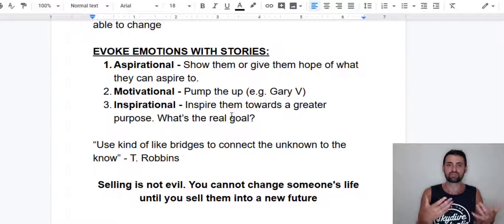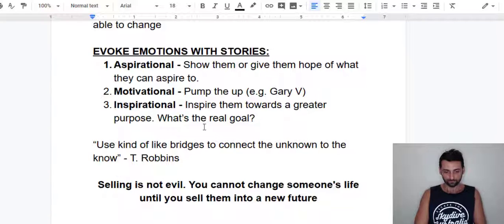Is it more to do with their family? Is it more to do with having freedom and being able to have a greater impact on the world, or creating inspiration within your content, or getting them thinking more about that side of things rather than the tangible goal they're aiming towards? Get them thinking about what's actually inspiring them, what's their greater purpose as to why they're doing this. So that's evoking the emotion, and people buy out of emotion. That's why people buy. So if you can evoke that type of emotion, they're much more likely going to buy from you.